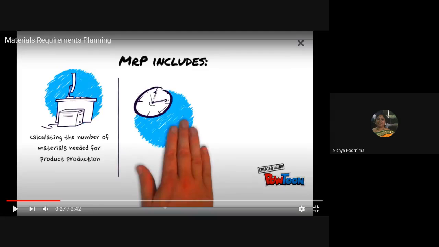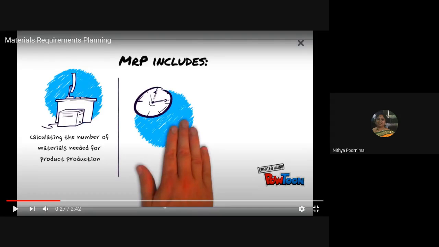Similarly, for periodic order quantity, when will you go for it? Maybe that material over time has a tendency to rust, or it has chances of deforming in shape, or it might lose its physical properties, right? So in such cases you go for periodic order quantity. Sometimes when you're starting the order, without these materials you cannot start your business. In such cases you go for fixed order quantity.